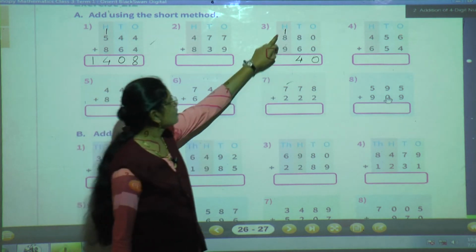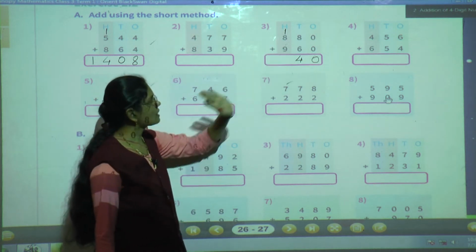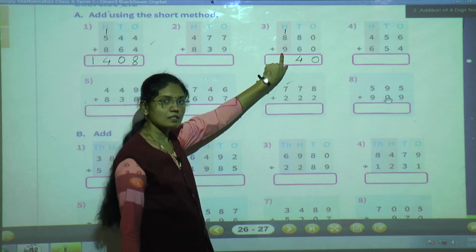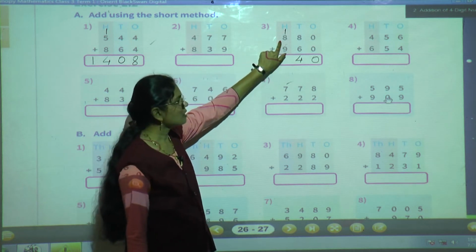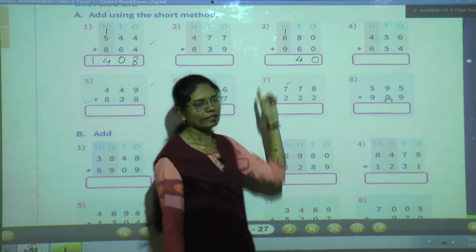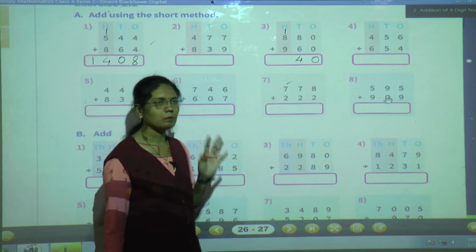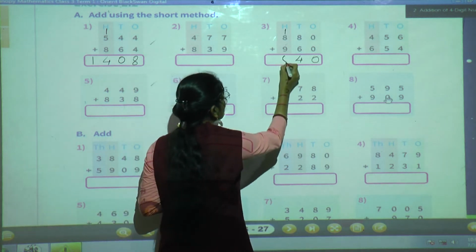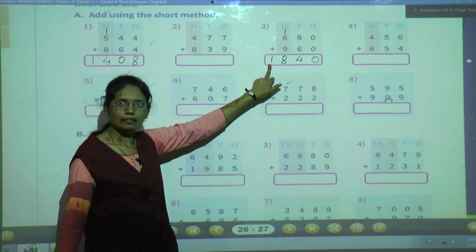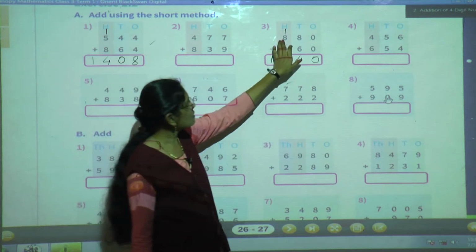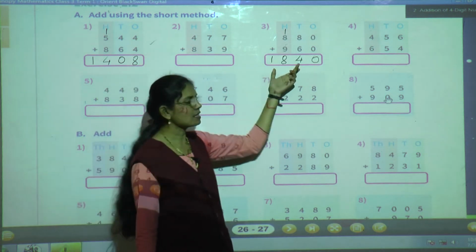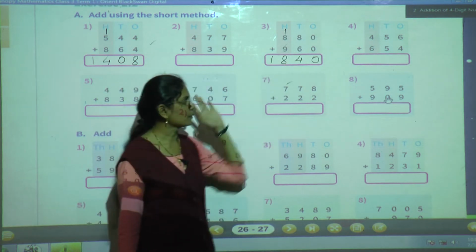next place. Now see the hundreds place digit. Here 100 plus 800 plus 900. 1 plus 8, 9 and 9 plus 9, yes, after 9 count again 9 fingers. 9 plus 9, 18. Now here nothing is there, so directly we will write 1 at thousands place. Now here also see these two numbers are 3-digit numbers, but we got the answer in a 4-digit number.